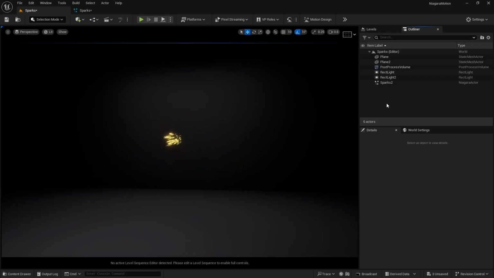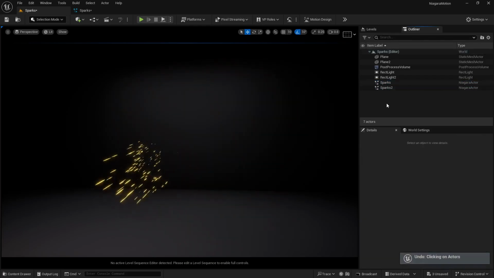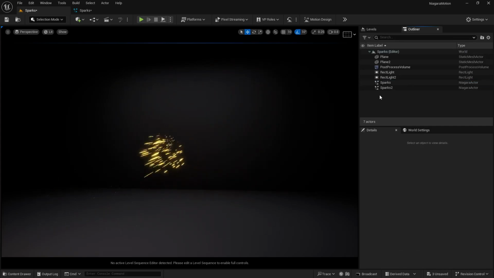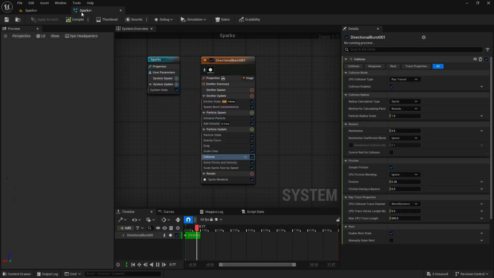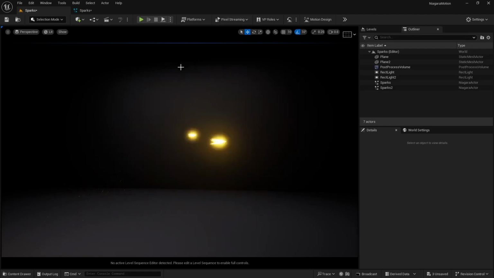Okay, so you can see we are getting this result here. Okay, our particles are bouncing off. I'm using basically two sparks here. So you can see the result. We are getting these particles which are bouncing off here. Okay, so in order to reduce the bounciness effect, you can go to Sparks as well. And here you will find the restitution. So if I decrease this to, let's say, 0.3 here, and if I go to Sparks again, now you can see we are not getting that much bounce here.